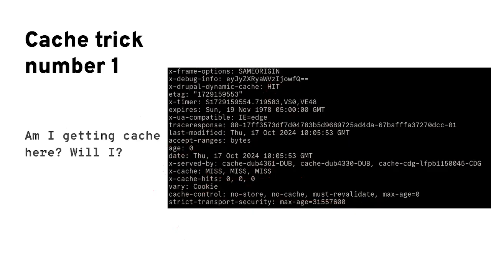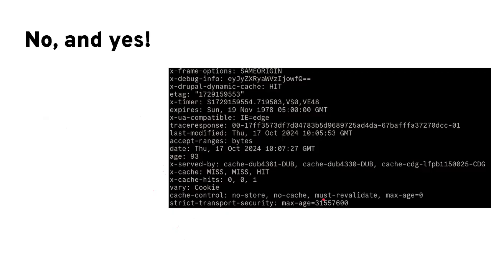And then to the question, will I get cache on that request at some point? You might think that because you get a no-store, no-cache, the answer is no, but the answer is maybe. In that case, the answer is yes. You will get cache if you try again. So this is the same request, just a few minutes later. You still see the Drupal cache that is hit because it is part of the